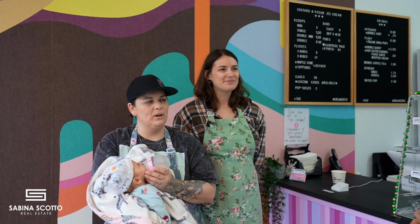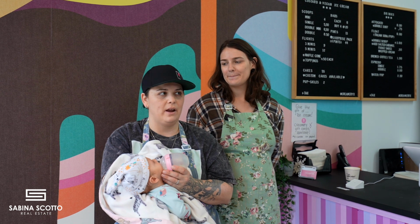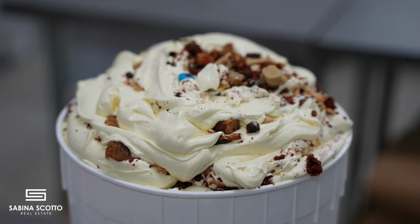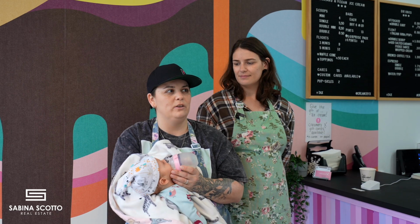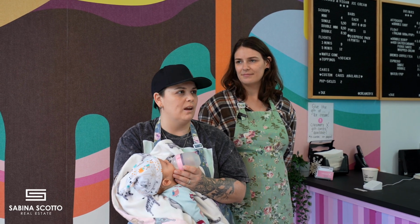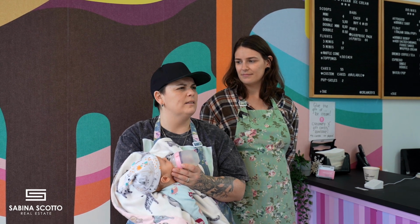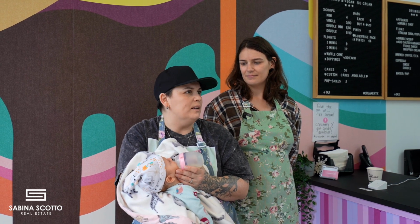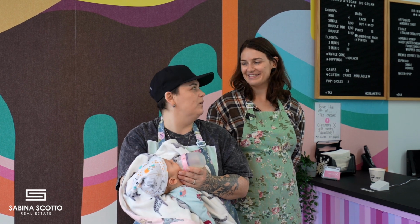It's so good. Our goal was to really, we've tried a lot of the commercial vegan, and we wanted it to actually taste like dairy ice cream. We didn't want it to be chalky or have no flavor at all, or just super sweet with nothing to it. So it was really important to us to have it be exactly the same, so you can't tell the difference. And I think we looked up the statistic, and about 70% of Canadians are lactose intolerant anyway, so it doesn't just apply to vegans. Everybody has a problem with digesting milk, so why not have that product available